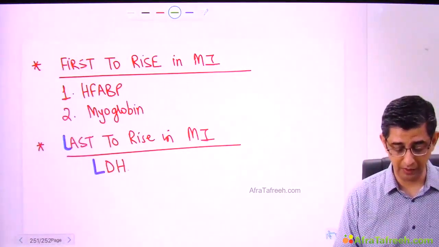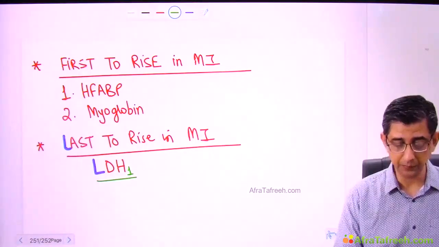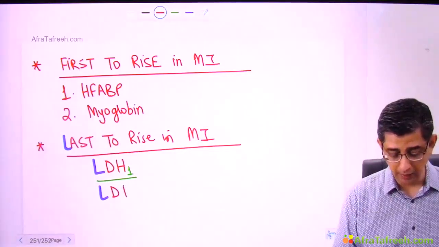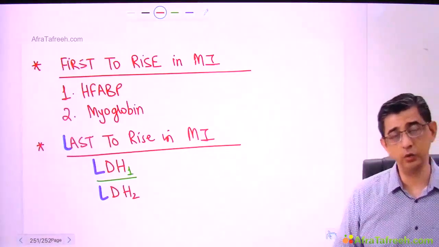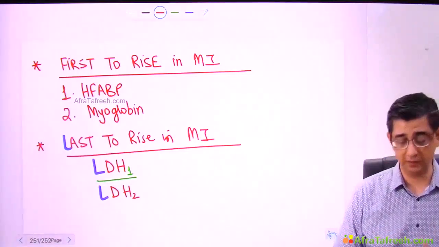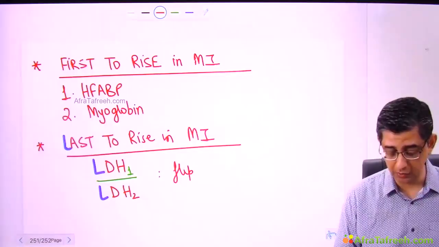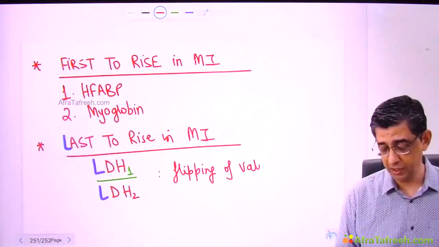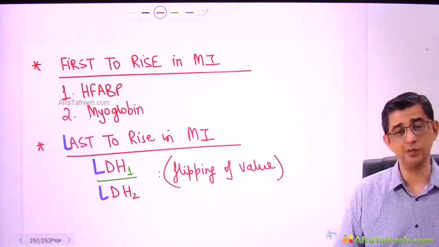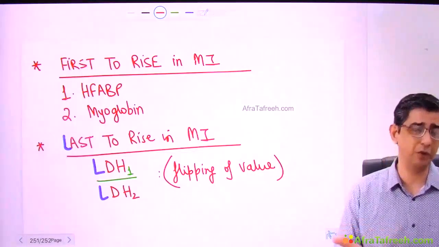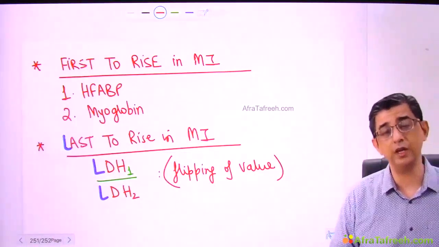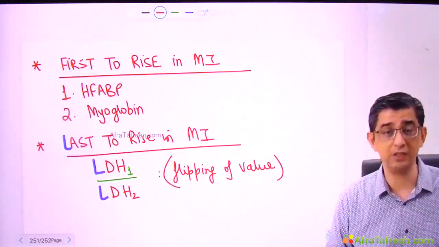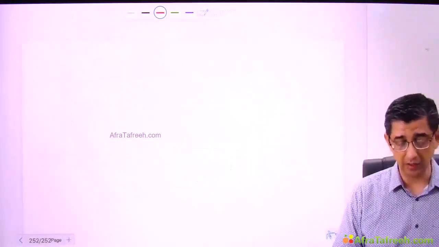So I can just mention that in the LDH1 divided by LDH2 ratio, the 1 should be in the numerator and 2 in the denominator. That is the flipping effect that they mention in the MCQs. So whenever there is a flipping of LDH values, it signifies myocardial infarction. Though this is primitive information, in the sense that nowadays nobody uses LDH1 and LDH2 ratios for scanning MI. We have much more advanced tests like troponin, which can identify the diagnosis.